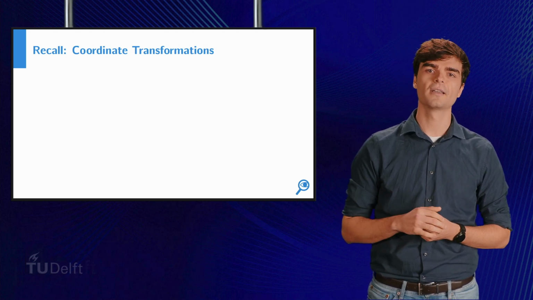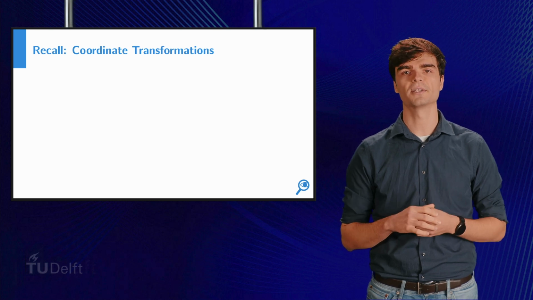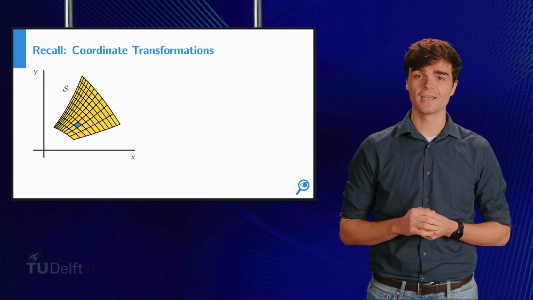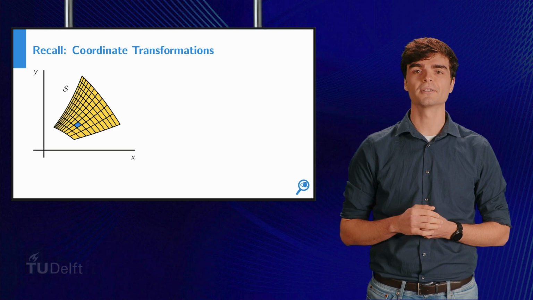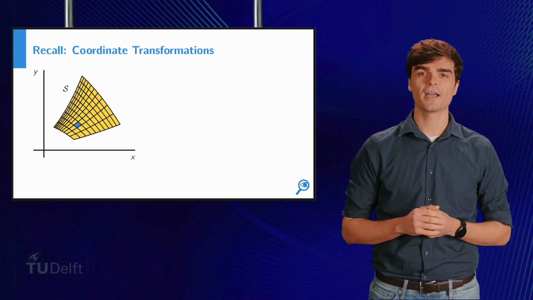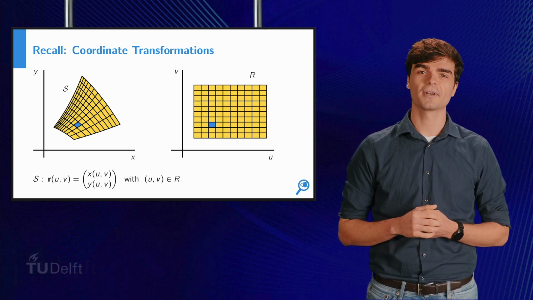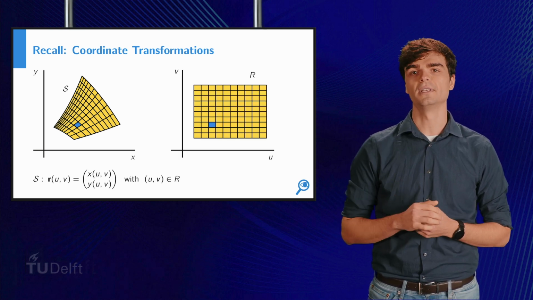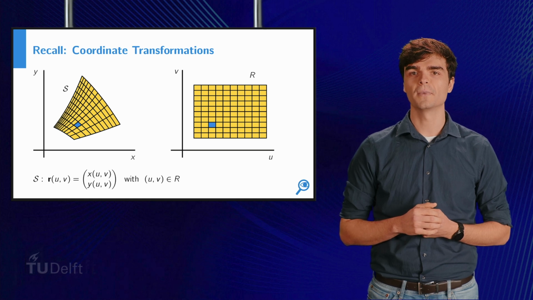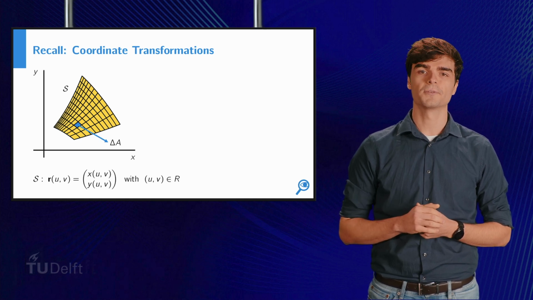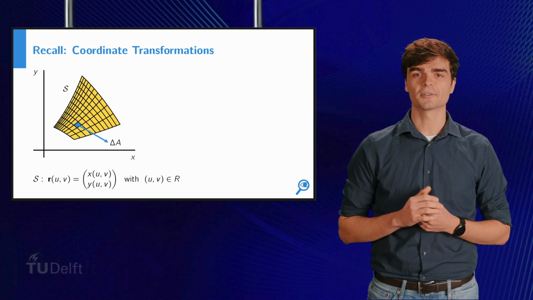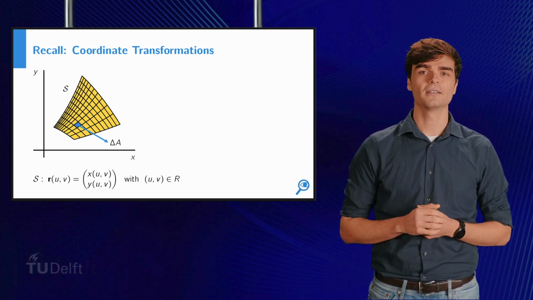So let's revisit how to calculate the area of a shape in 2 dimensions. To calculate the area of a parametric shape in 2 dimensions, we need to determine how an area element changes when changing coordinates. We assume we can parameterize S with coordinates u and v, where u and v are in R as seen on the right image. To calculate the area, we need to find an expression for the area element delta A in terms of u